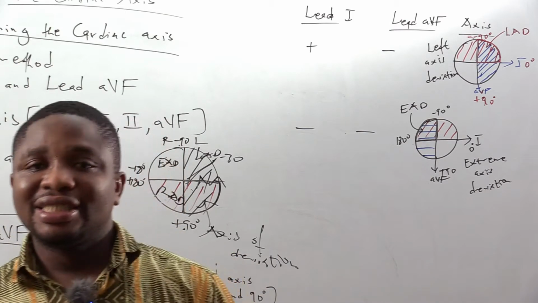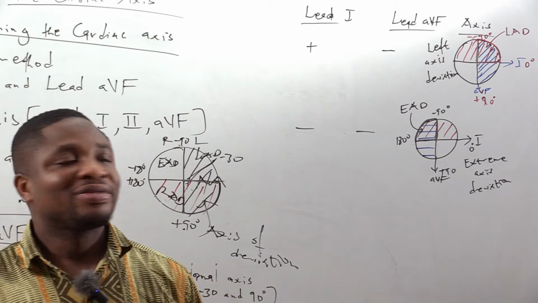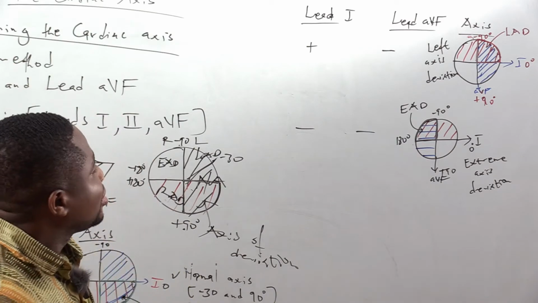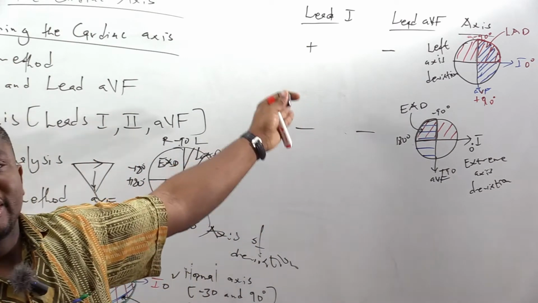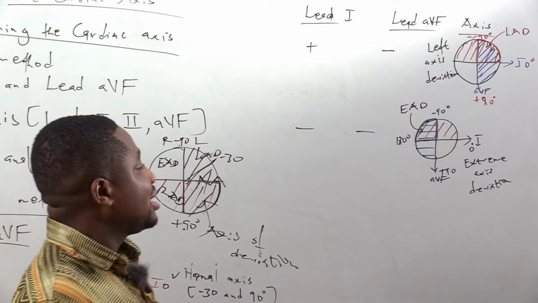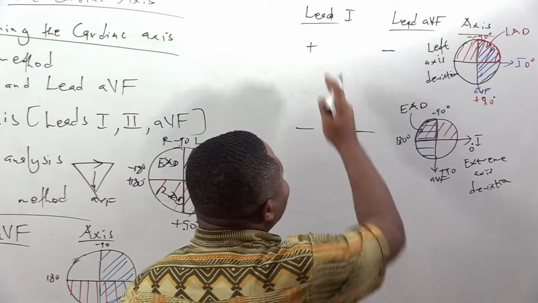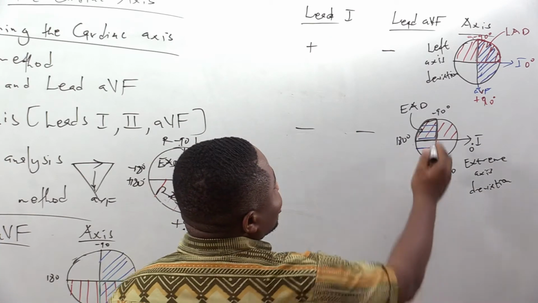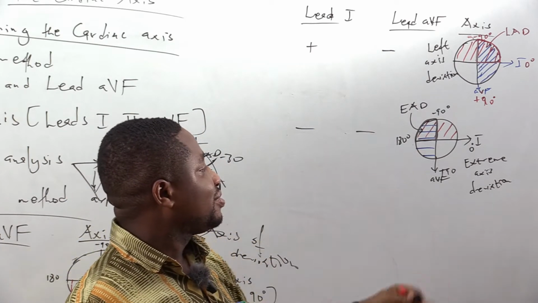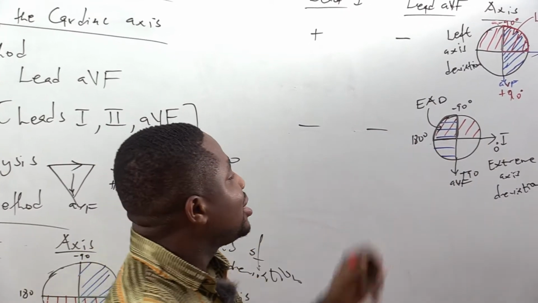The left axis deviation. I believe we are making sense out of that. Now, the last one: QRS in lead 1 negative, QRS in aVF negative. Then, where are we going to be shading? If we take lead 1, then definitely we are going to be shading the opposite side in blue. If we take aVF, instead of shading the bottom, since the charge is negative, we shade the top in